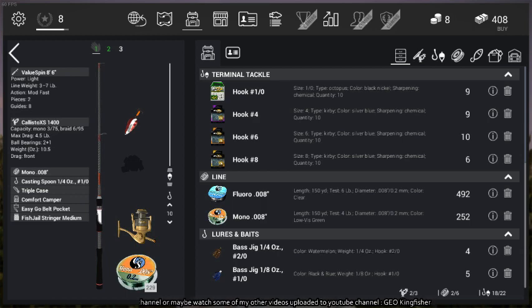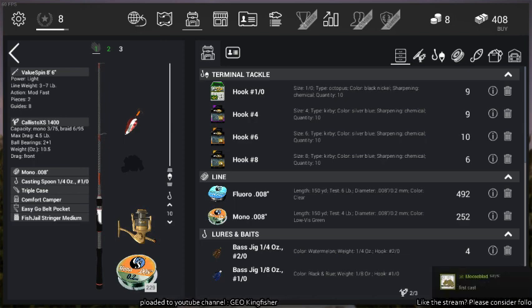So what we've got on is our Value Spin 8'6" spinning rod. It's the rod we've been using for a while now. Line weight that this rod can take is 3 to 7 pounds of line. Moderately fast action, so it's perfect for fast hitting fish such as catfish, pike, and